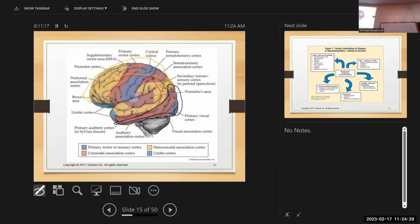So you get a little head start when you get to the circulatory system. Same thing with damage. If you get a blow to the head that causes a lesion in various parts of the brain,